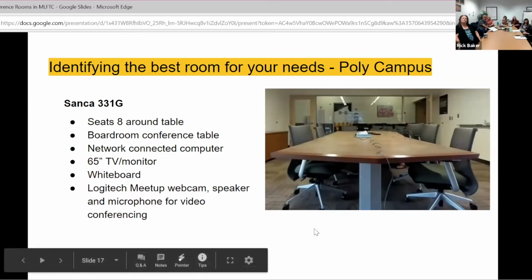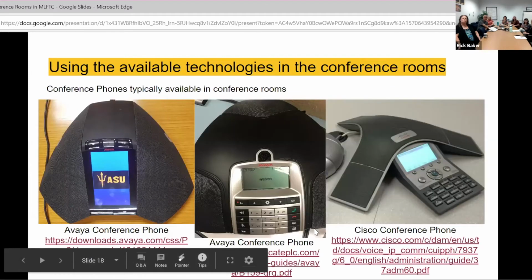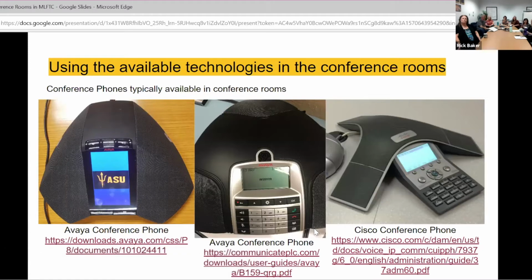So with that, we're going to jump into talking about the devices that we find in the rooms. Before we do that, are there any questions about what we talked about in all the different conference rooms that we went over? Yes. For this room, 318 at West, it used to be considered the Dean's conference room, and